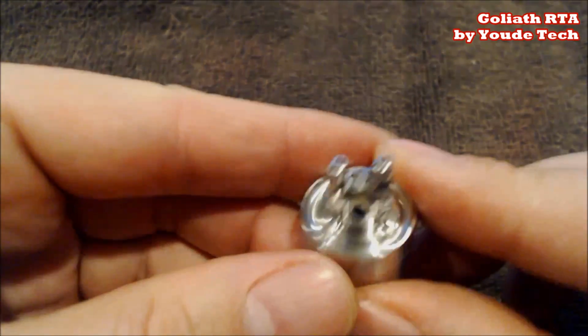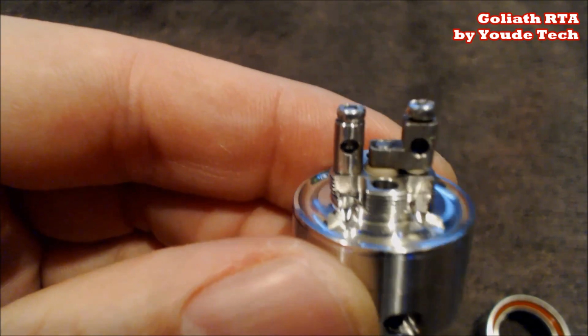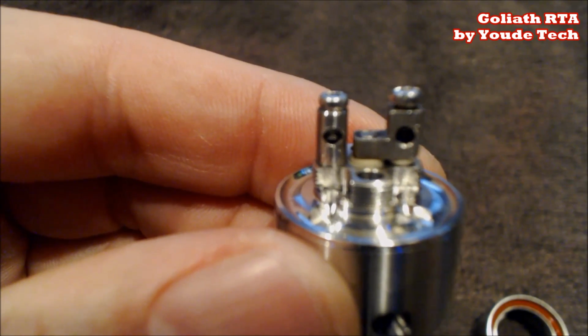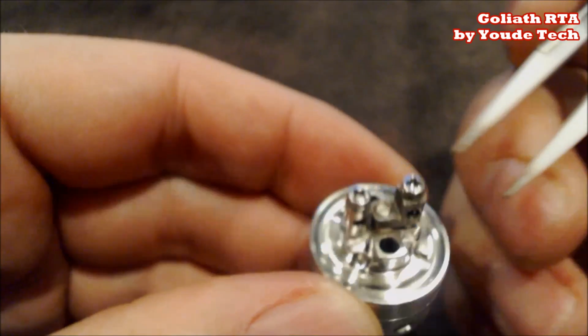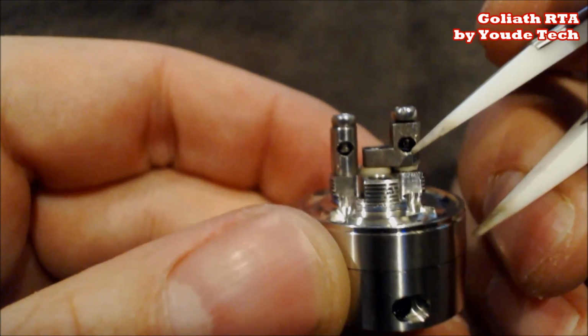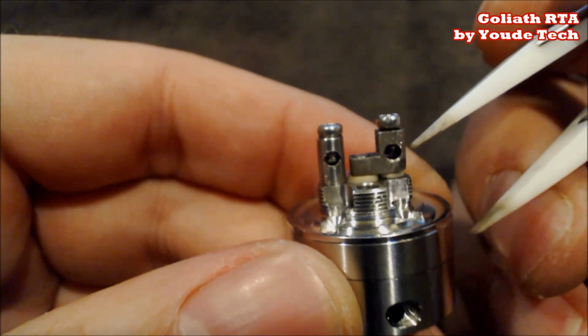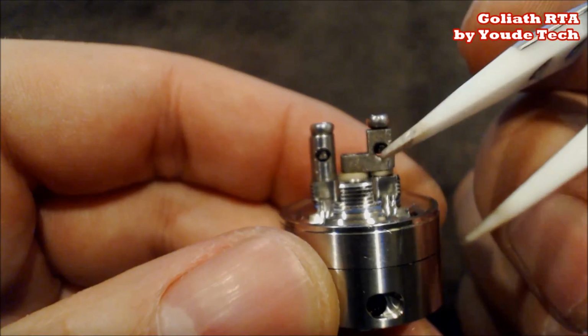Now, here is the deck, the most important part, the part that everyone wants to know about. So let's get nice and close here. All right, so here's your deck right here. Basically, what we're looking at now is you have 2 Phillips head screws here. And no, the screws are not rounded off. They are nice and flat, so you won't have the issues like they had with the first version of the